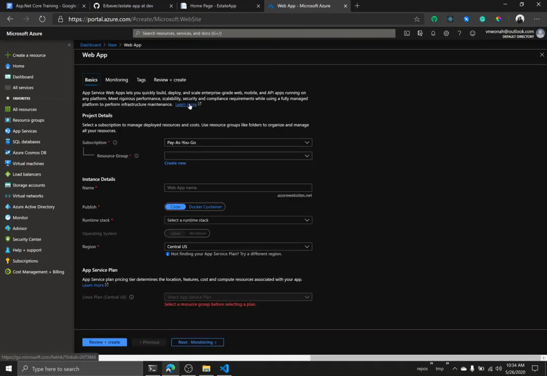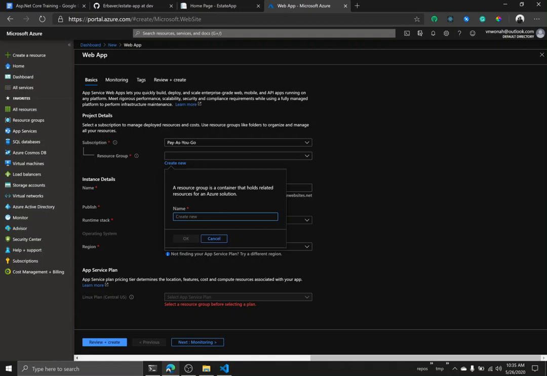Great. So it's asking, what subscription do I want to create this in? If you're using the free trial subscription, then you're going to have a free trial here instead of pay as you go, as I do. I'm simply going to select pay as you go. If you don't have a resource group, just click create new and type the name of the resource group you